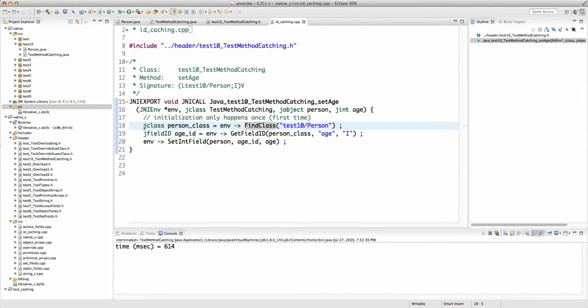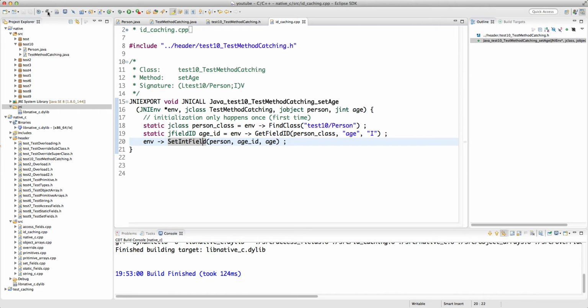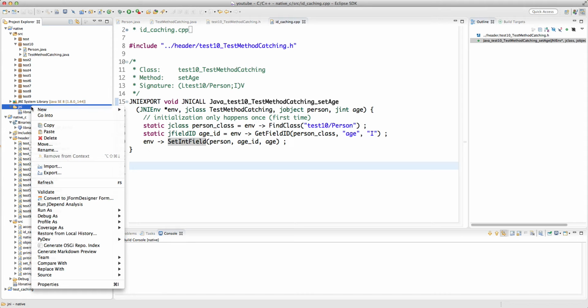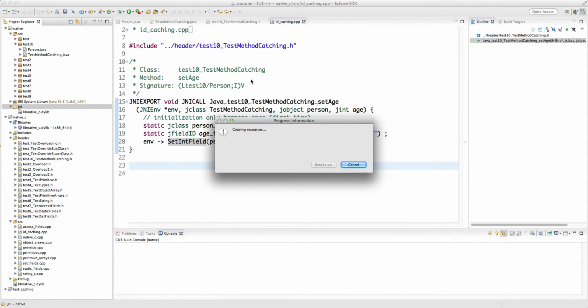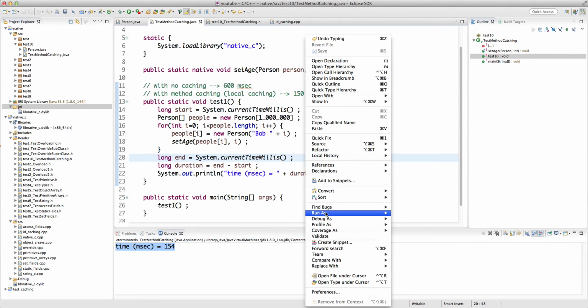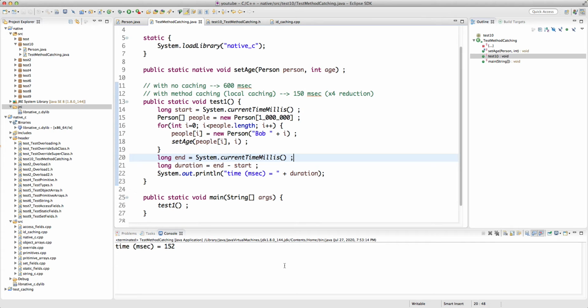And then again, to double check, if I put the static keyword here and the static keyword, we only ask JVM once to find this JClass and JFieldID. So let's compile this. Okay, and then copy and paste to Java. And then go back and run this. This should be around 150. Yes, 154. So we are definitely saving a factor of 4 for 1 million objects, which is a huge saving,